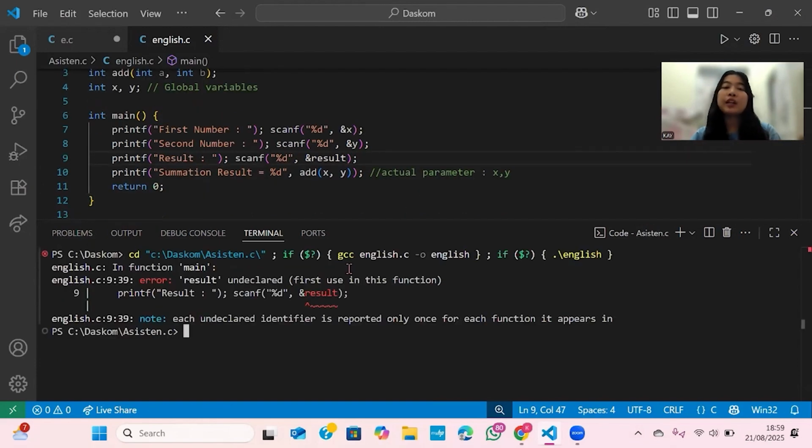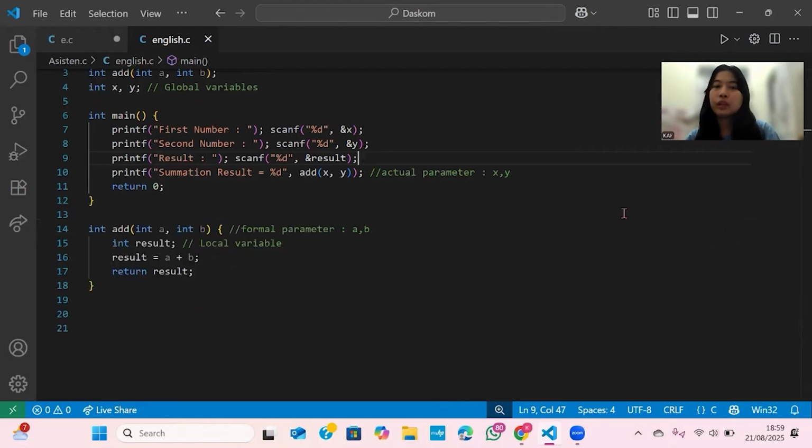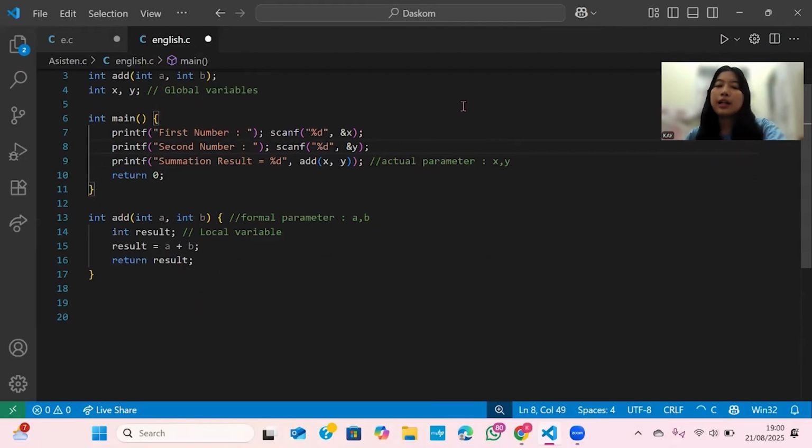Sure, this program must error because a local variable is only used in that function, not in another function. Okay, we got it.